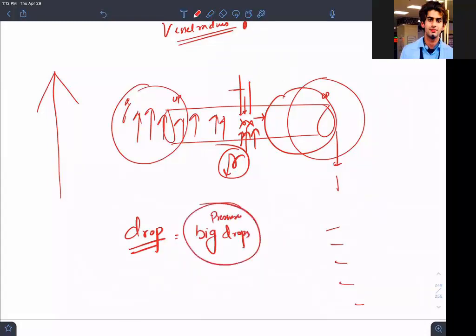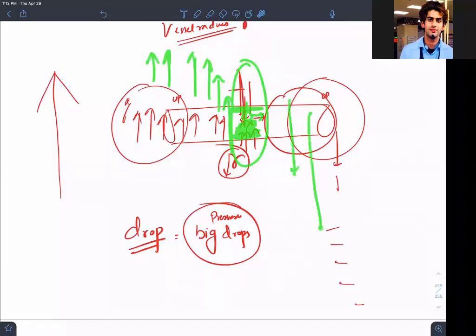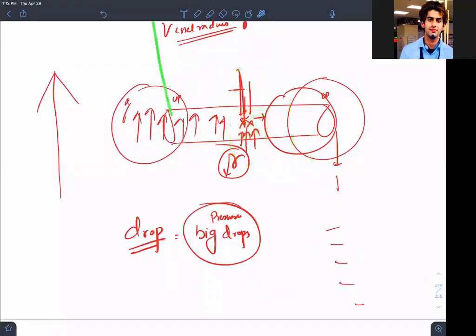Okay, fine. You have increased the resistance so much. You have narrowed this so much that you have only allowed a small amount of flow, so pressures will start increasing to a high level. The upstream pressure will go so much up and the downstream pressure will go so much down that you will be having a big drop. This is called a big pressure drop.